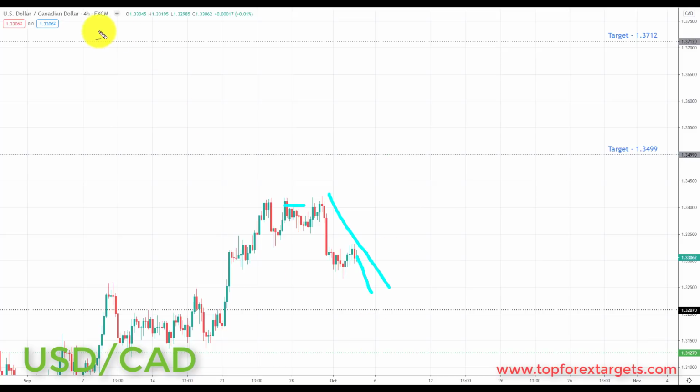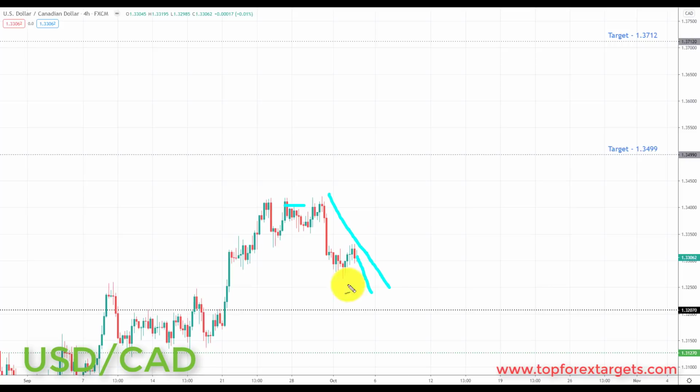Any further correction in this market is simply going to be viewed as an opportunity to look for bullish breakouts to the upside. And we also saw oil selling off last week, and the US dollar sold off against the Canadian dollar. So the US dollar CAD is inversely correlated to crude oil. So I would not be surprised to see this fall back in line with the correlation next week and start to break to the upside. So US dollar CAD to the upside is definitely something we'll be focusing on next week.